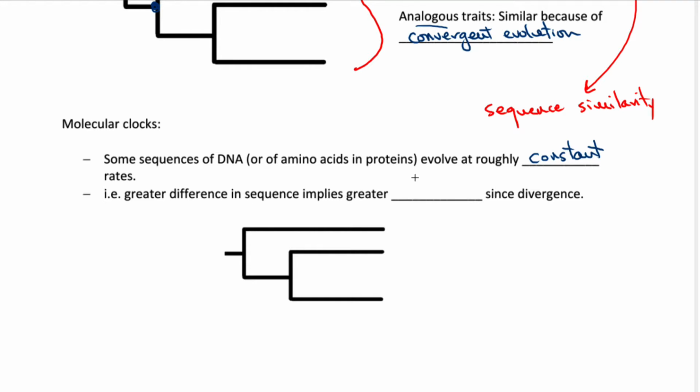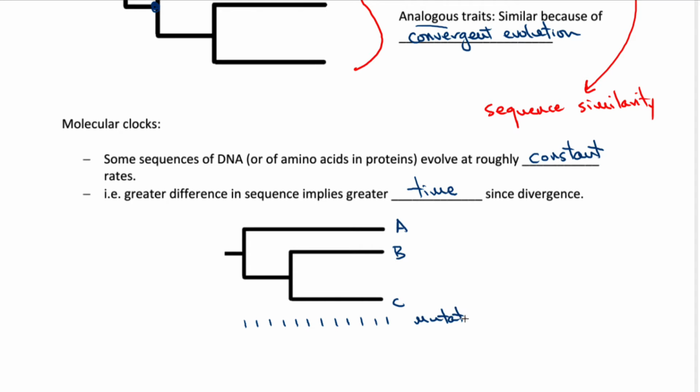Greater difference in sequence implies greater time since divergence, and this can be calibrated in a way that you can figure out roughly how long ago species diverged. So here's a part of a tree. I'll call this A, B, and C again. And if we imagine that mutations are happening at a constant rate here over time in a particular gene, so each tick here represents a mutation,